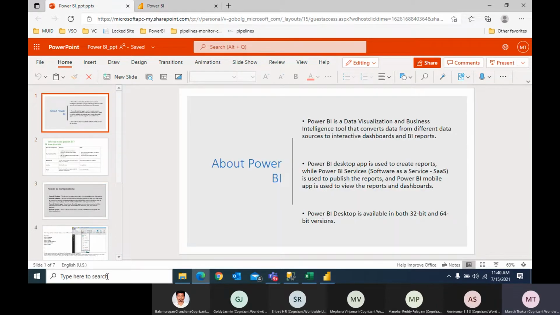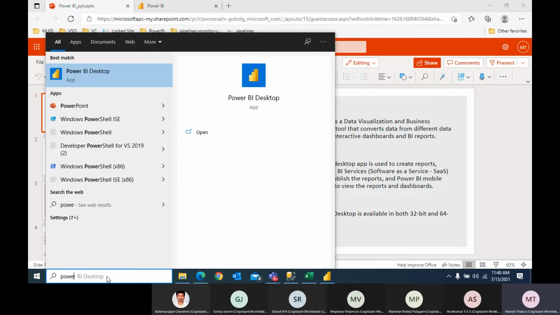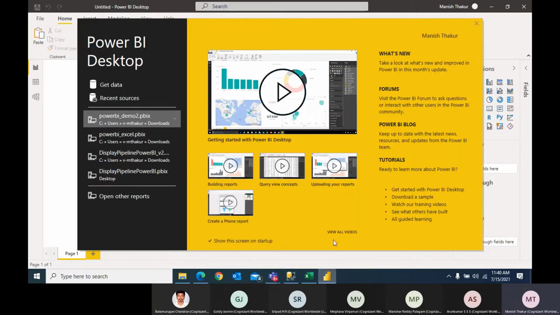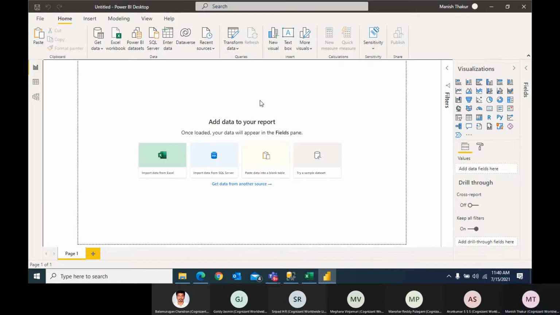To create a report, you first have to download the Power BI application, and then access the Power BI desktop application. I have opened that. Once you open Power BI desktop, you have to log in, and then you'll find some basic tutorials which you can refer to for help. They give you a basic idea of how to create a report, upload reports, and transform the data. So that is there, and this is the layout.